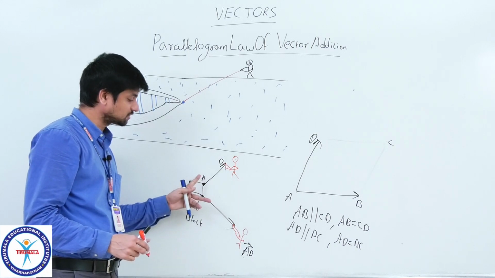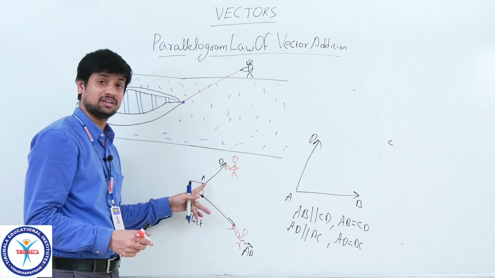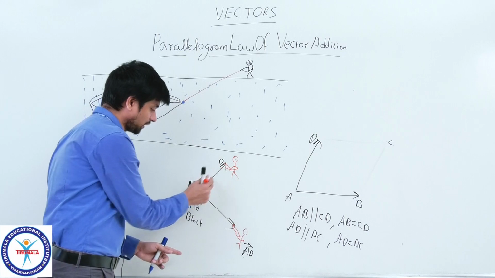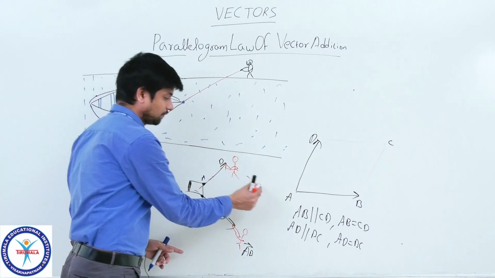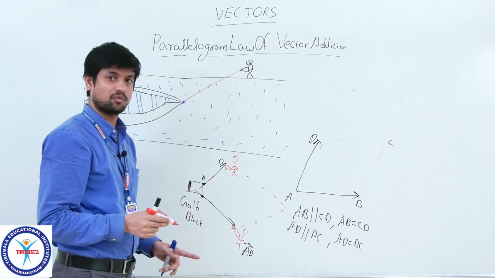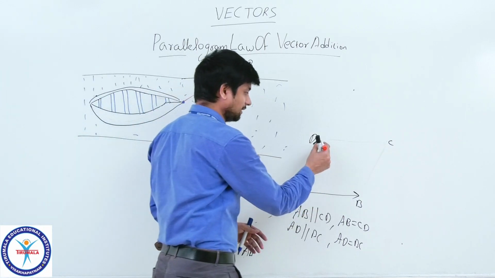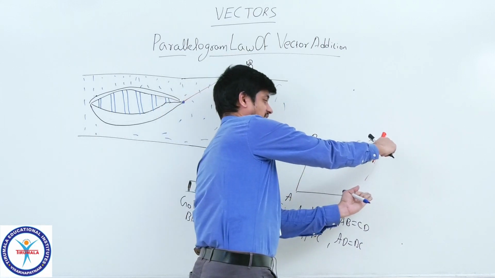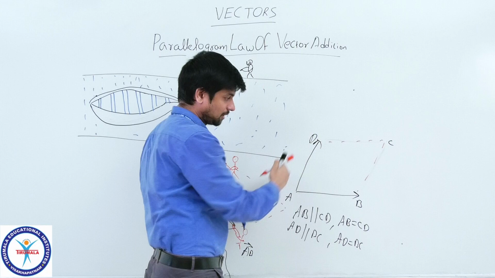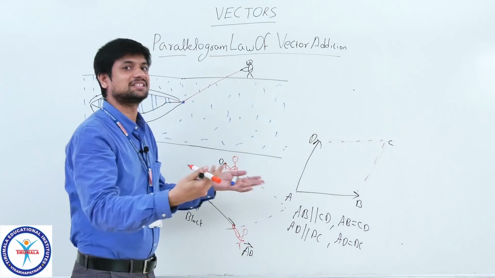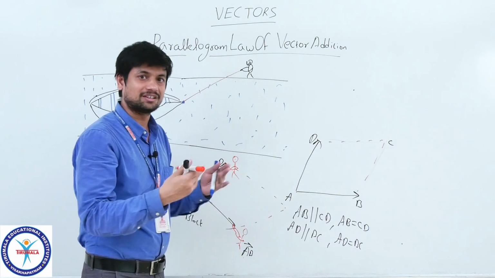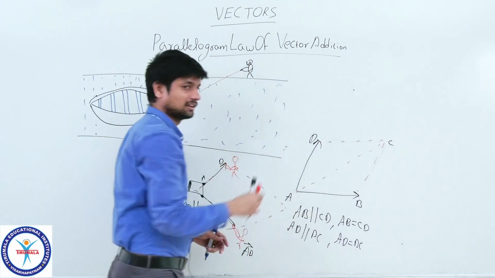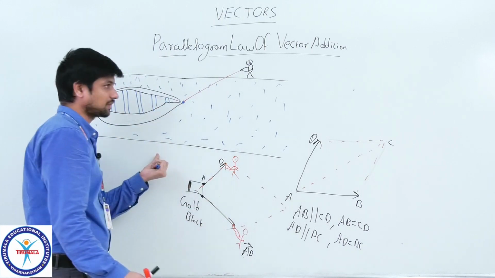If I consider these forces as vectors, and these vectors are as per this point, if you extend the same side, the same side, AD and AB, it forms one parallelogram. So what will be its resultant force or resultant vector? It forms its diagonal. How is that possible? Try to understand from this example.